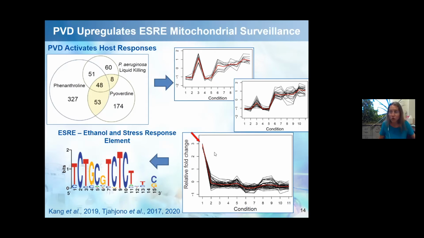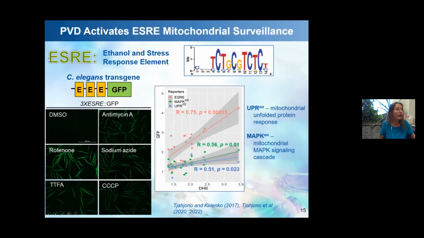When we analyzed promoters of those genes, as we hypothesized their co-regulation, we found this element being highly enriched. A literature search revealed that this is an ethanol and stress response element, and this element is upregulated by multiple kinds of mitochondrial damage. So here you see C. elegans treated with DMSO, and the S3 reporter in these worms is not glowing. In the other slides, the S3 reporter is upregulated in the presence of different mitochondria affecting substances like the complex 3 inhibitor antimycin A, the complex 1 inhibitor rotenone, and the uncoupler CCCP.